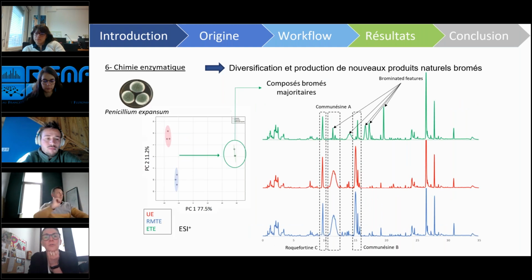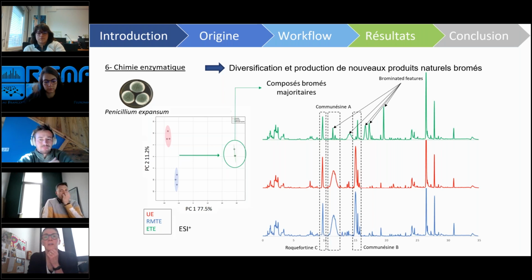And we had a look at the compounds that were produced. So if you take communesin A, which is the second square, you can see in the middle, on the untreated extract, that it's present as a peak. It's present when the extract is treated only with the reaction medium, on the blue trace. And on the green trace on top, you can see that this peak has completely vanished. And in fact, we could see with the different arrows that we had quite a lot of brominated features appearing on our